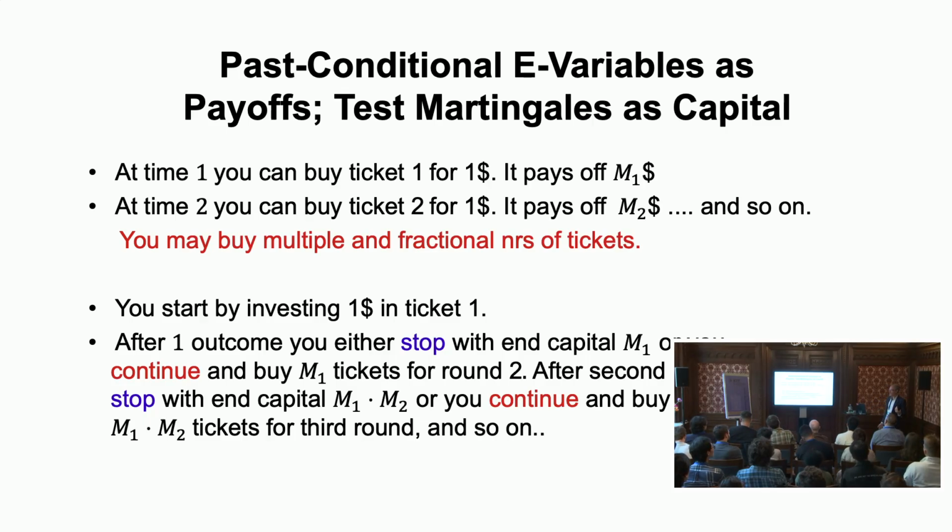So it becomes a more abstract game now, where at every point in time, you can buy something for €1, where you expect to get €1 or less back. And then you decide what to buy. So in the bounded mean example, for every lambda, you have this ticket where you pay 1, and you get back 1 plus lambda times x minus the mean under the null. You expect to get back exactly what you put in. So it's a fair bet under the null. And if you get more, you're lucky, and you get evidence against the null.